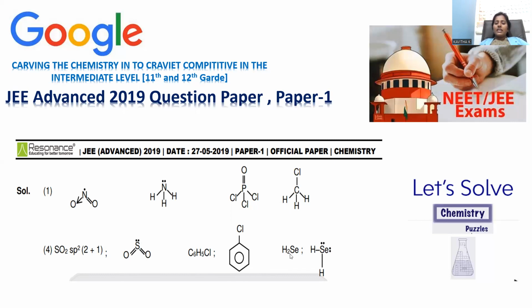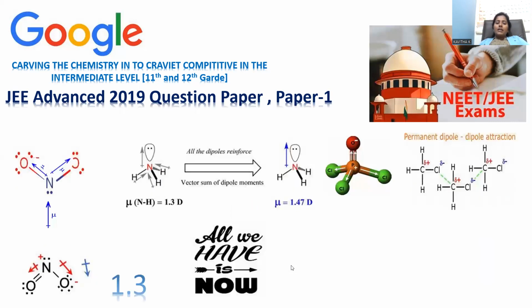Then dihydrogen selenium, exactly similar to water, right? Instead of oxygen, I am taking selenium. So selenium has 2 lone pairs and 2 hydrogens, and it is a bent geometry. No symmetry in the molecule, so again it is dipole active. A clear description is provided. Nitrogen dioxide